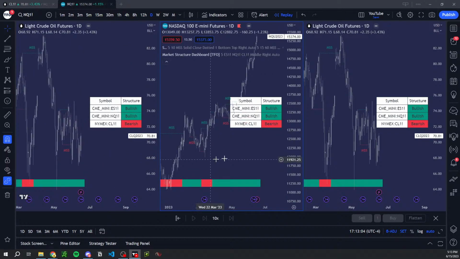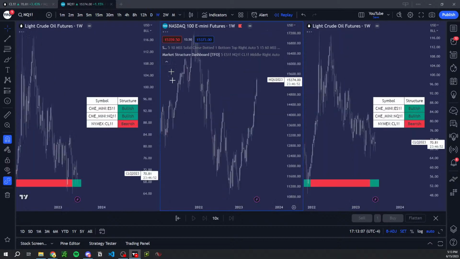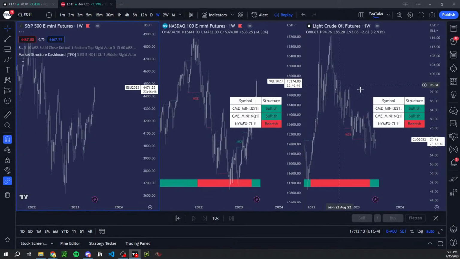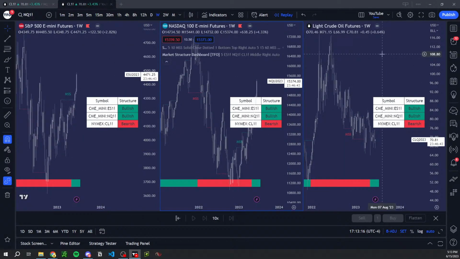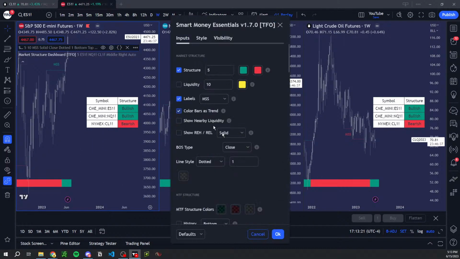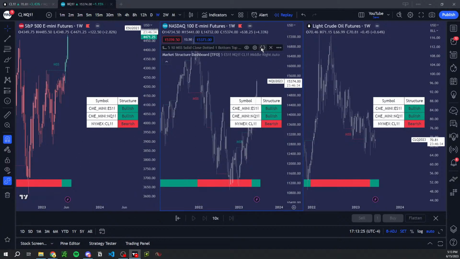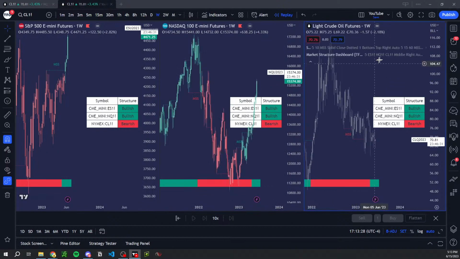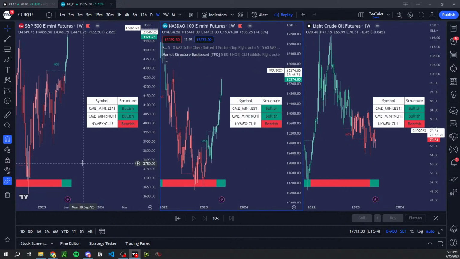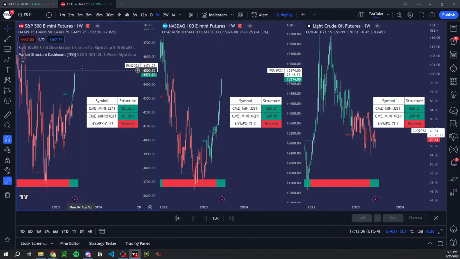So we could check maybe a weekly. What am I on? This should be ES. Okay, ES, NQ, CL. This one's bullish. You can clearly see. Turn this back on. On all of them, just so we can see the trend a little easier. So broke this high, market structure shift up, we are bullish. Same thing here, and we are bearish on CL. Now if we were to change this,